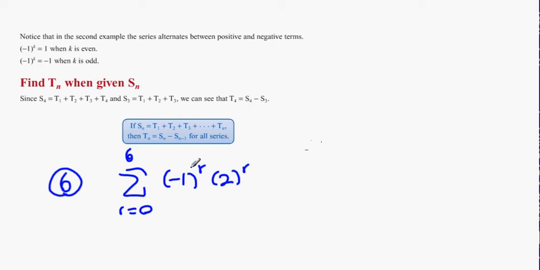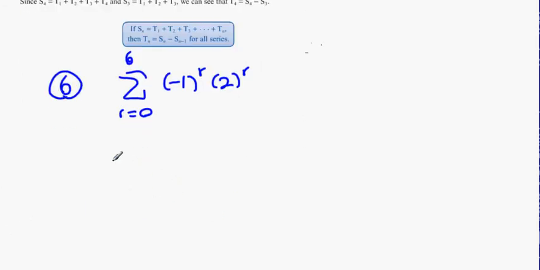Now, if you have minus 1 bracket r, when r is even, this is going to turn into the number 1. When it's odd, it's going to be a minus 1. So an example would be this question 6. We're asked to find the total amount. So what we can do here is we can find out what